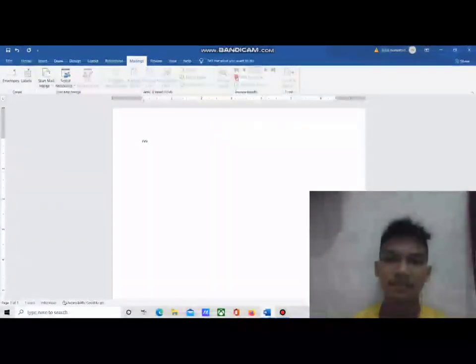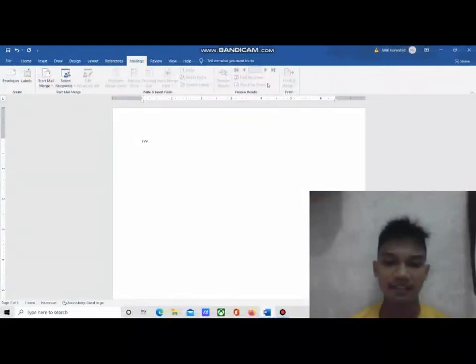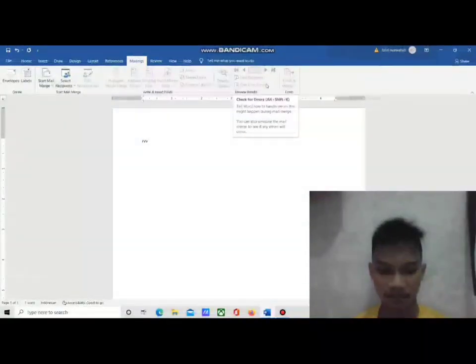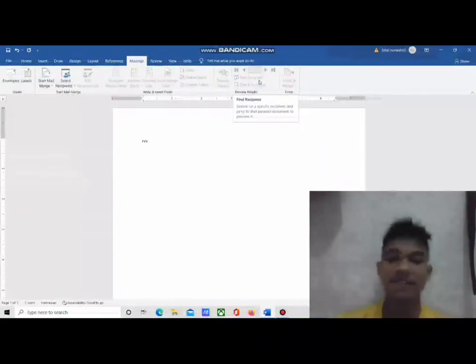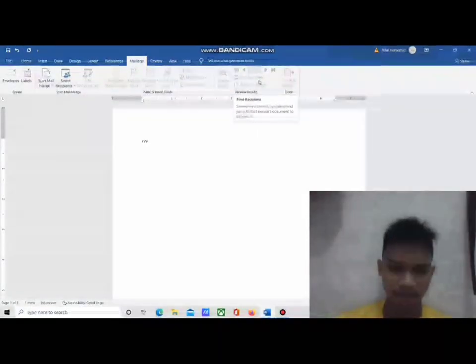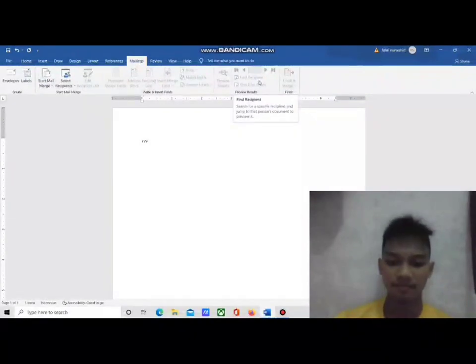Find Recipient: search for the identity of the recipient of the letter according to the list of recipients that has been made.